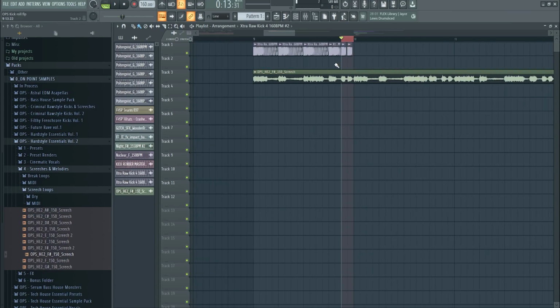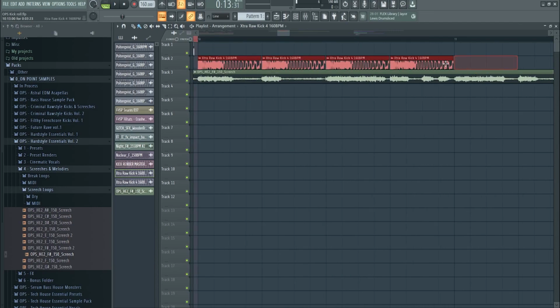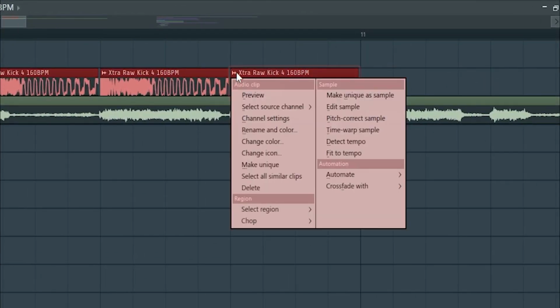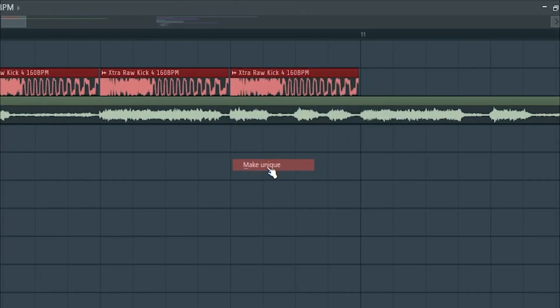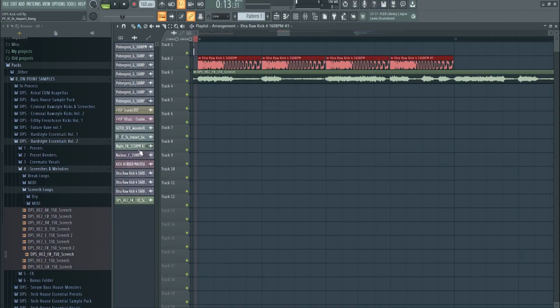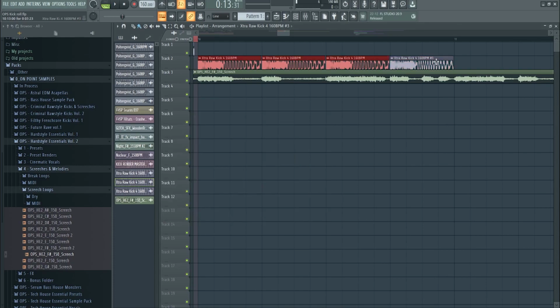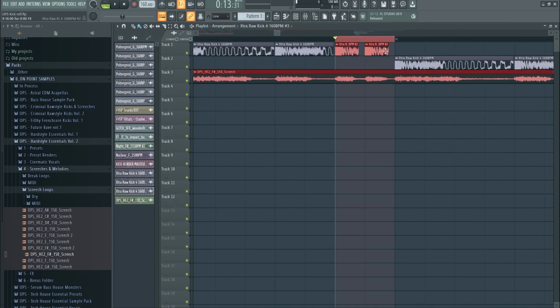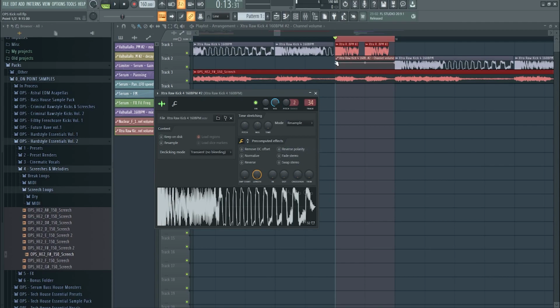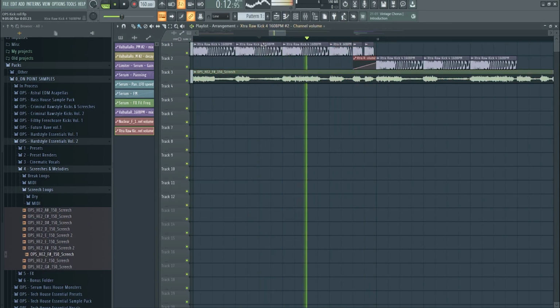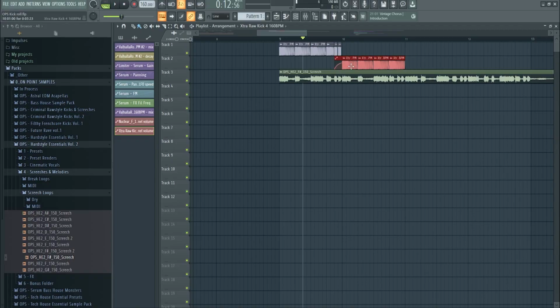This is also really important. If you create a kick roll, make sure to click on this one here and click make unique, because then you make another sample out of it. So you can see it duplicates the sample, and then you can create effects on this one without changing these. So in this case I did this there, and then I just double click it and I create an automation clip of the volume. You get this. That's a funny effect. We go back again,